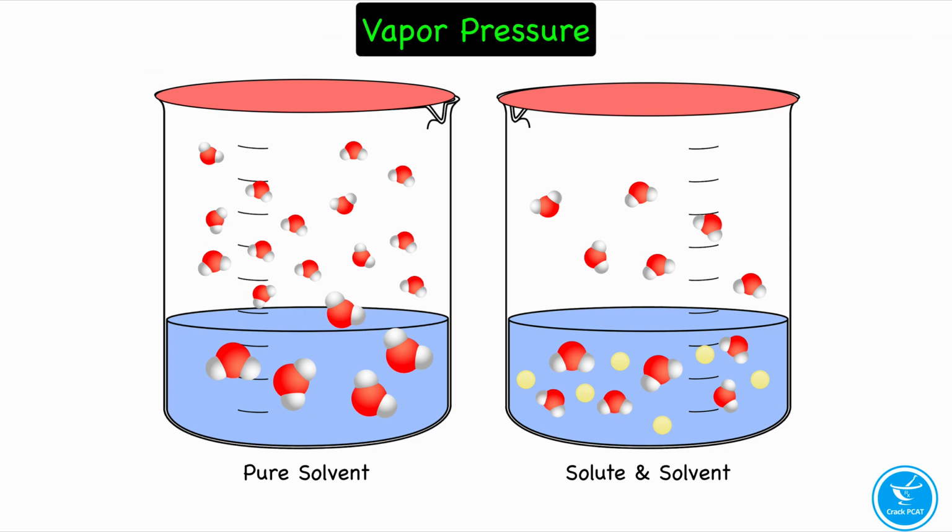When we alter a pure solvent by adding something to it and turn it into a solution, we thus affect its chemical nature or behavior within this container. When solute particles dissociate, the solvent molecules are around the solute particles. The result of this attraction between solute and solvent molecule